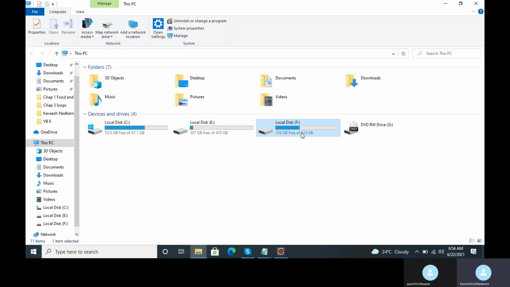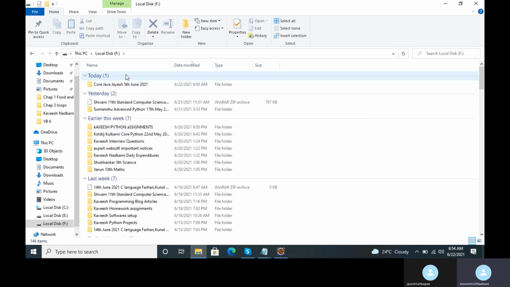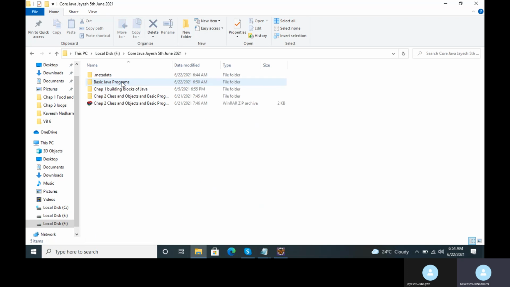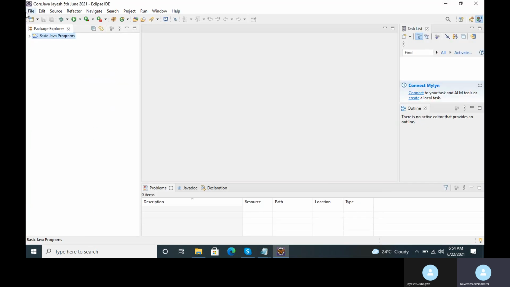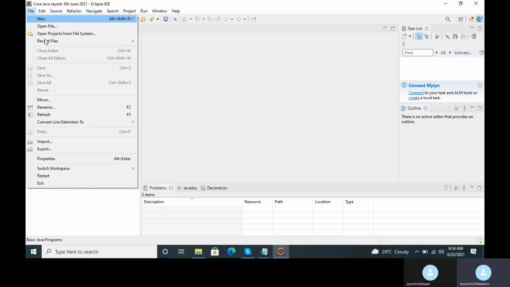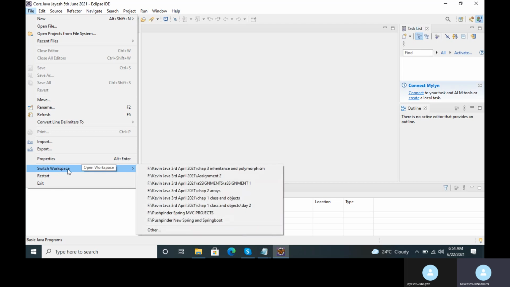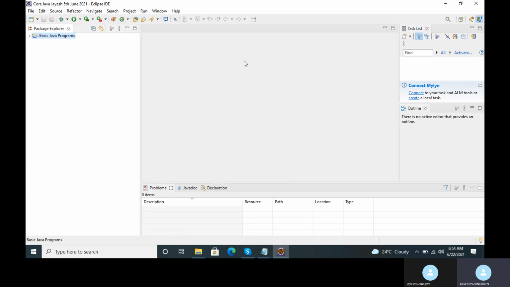See, this is your folder. This is our batch folder. So if I enter the batch folder now, you will see that folder created with this one, see, basic Java program. Okay. Right. So actually, I should have created this inside this folder. So I can do one more thing. Again, what I'll do, see, I'll go to switch workspace. There's an option called switch workspace. So what do, Jayesh? You click on other again.